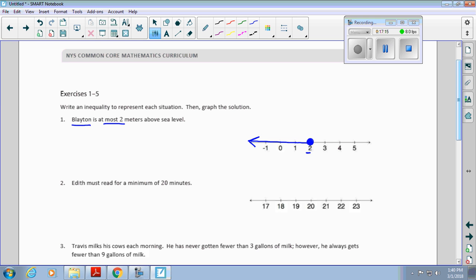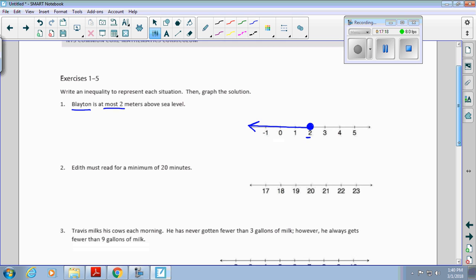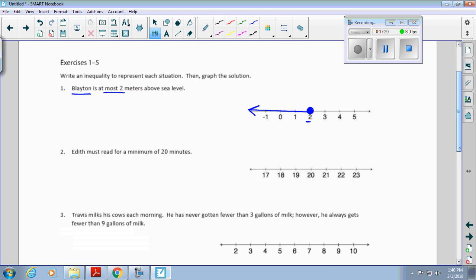All right, so he could be at any of these lower ones. So you would say Blayton is less than or equal to 2. Number 2, it says